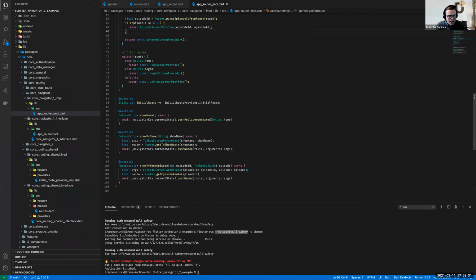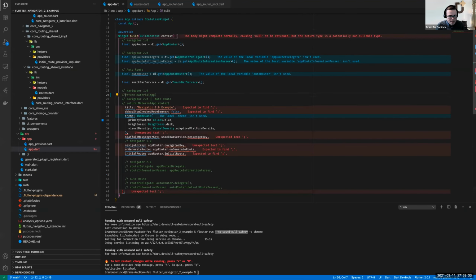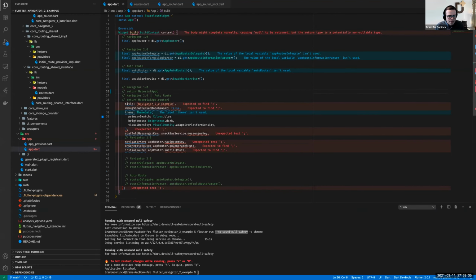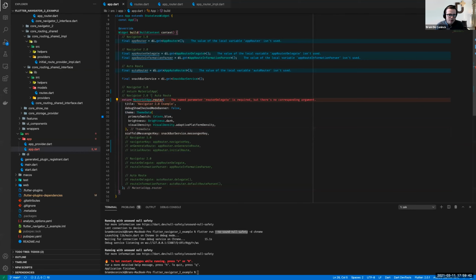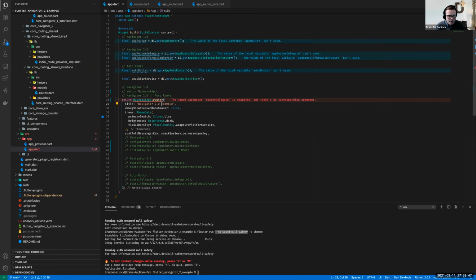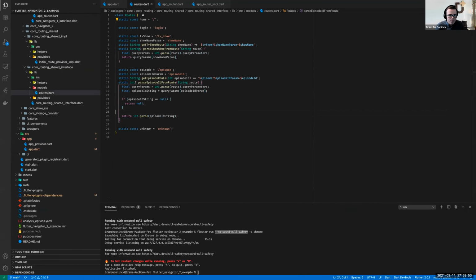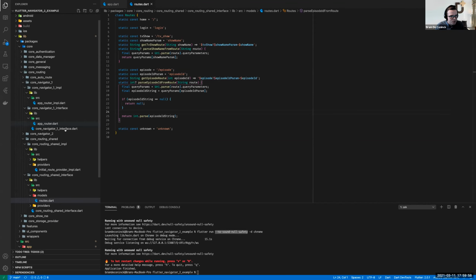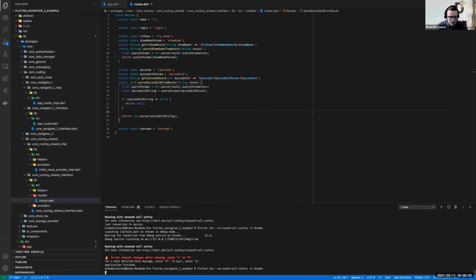So let's go back to the app. Let's comment out everything that has to do with Navigator 1.0. That's all of this. And then for Navigator 2.0, we have to use a special constructor, or actually a factory, the router one here for MaterialApp. And we need this. That's the router delegate and the route information parser. The routes are still exactly the same. So the next thing I have to show you, actually, let me just run the app first, make sure that